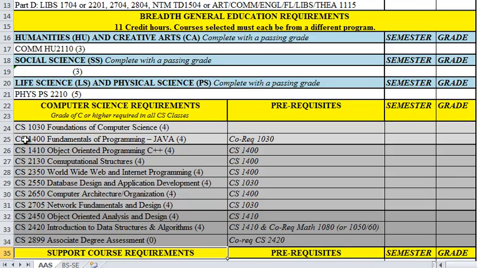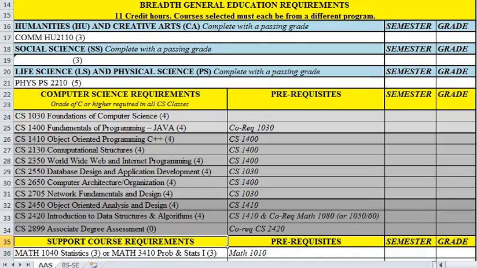1400 is your first programming class. 1410 becomes your second programming class, which opens the door for more prereqs. And finally, you'll wrap it up by taking our third programming class, CS 2420, at the end of the associate's degree. We do have a $28.99 associate degree assessment. It's for 0 credits. You'll take it your last semester of your associate's degree. Basically, it's just a test. It's to really just assess your knowledge in the computer science program and to award you your Associate of Science